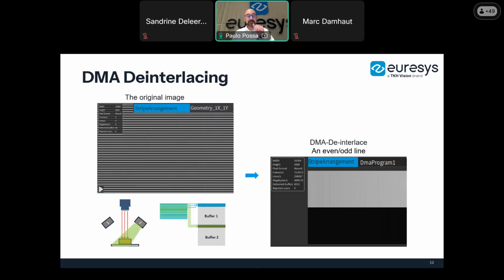DMA de-Interlacing is another interesting new feature. It can be used for line scan applications where each line is exposed alternating 2 different light sources. The image coming from the camera will have this striped aspect. To